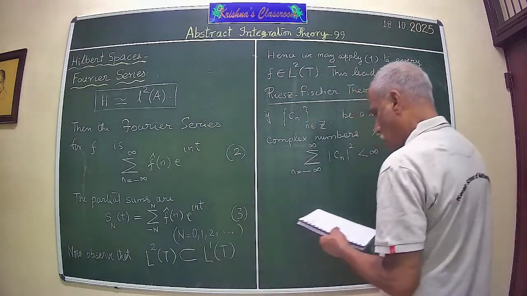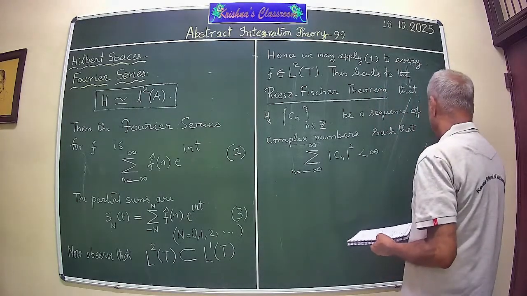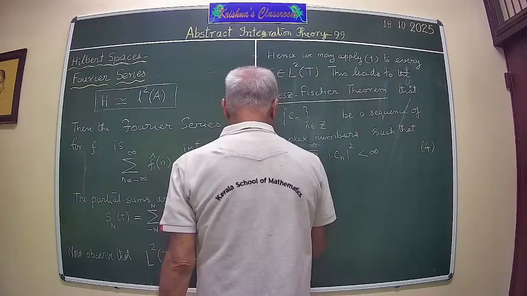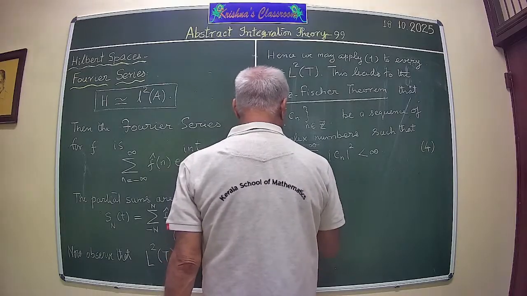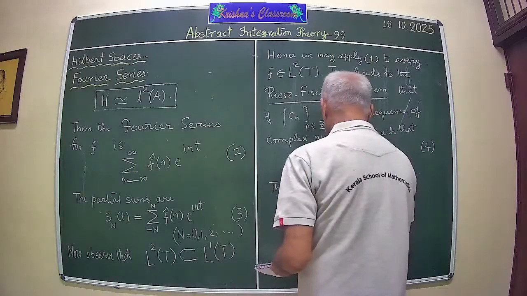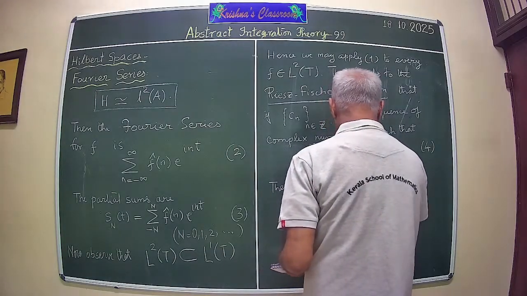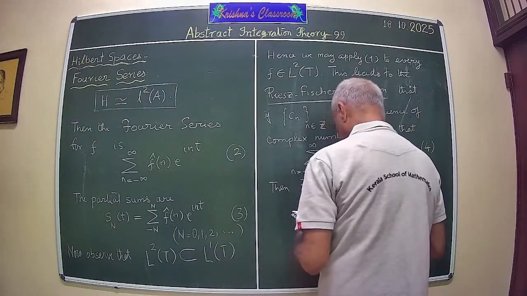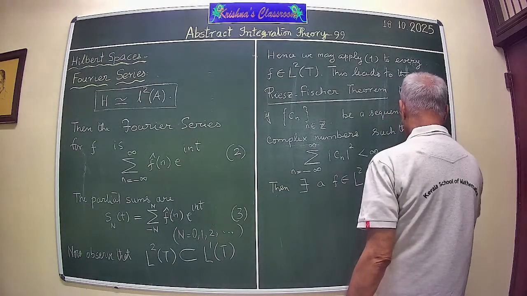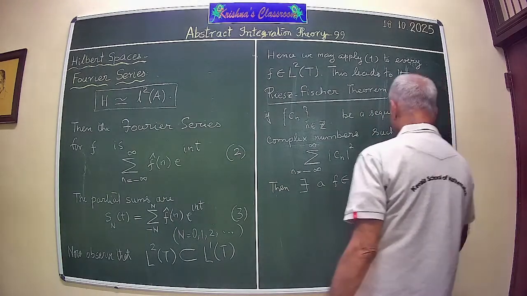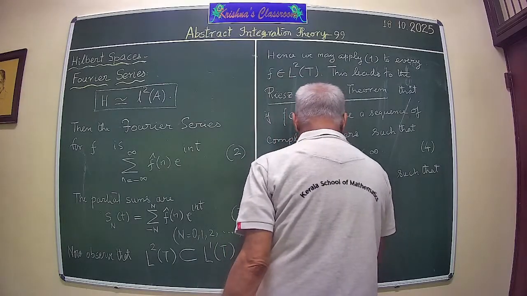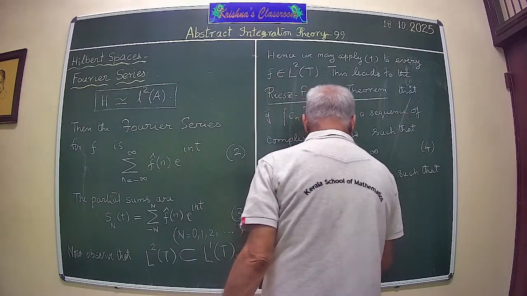finite. Then there exists an f belonging to L2T such that Cn equal to 1 upon 2 pi